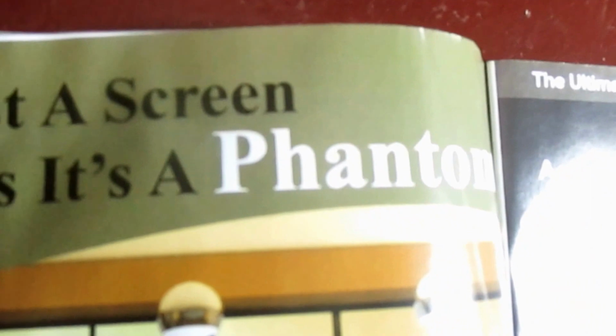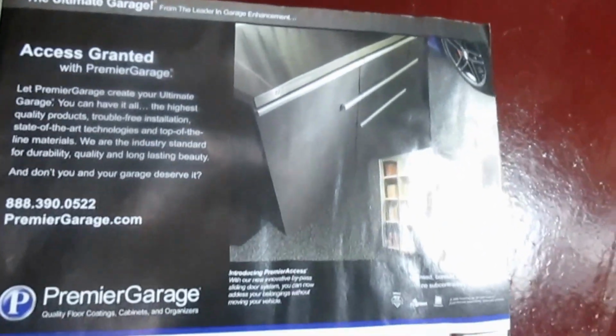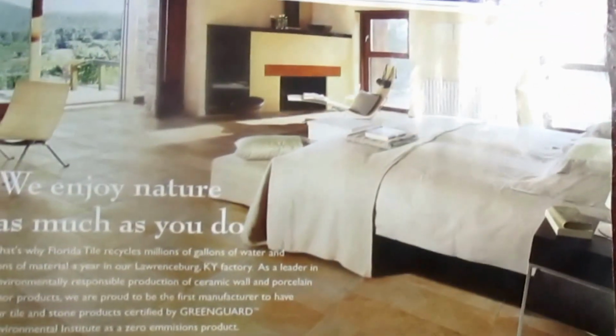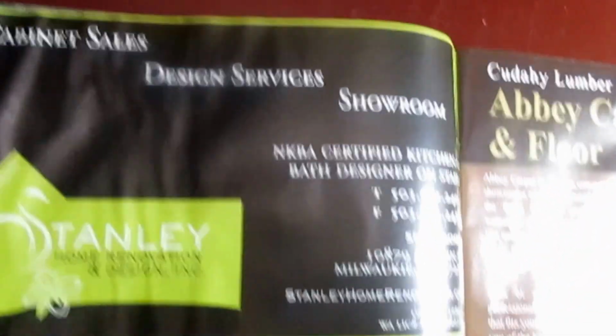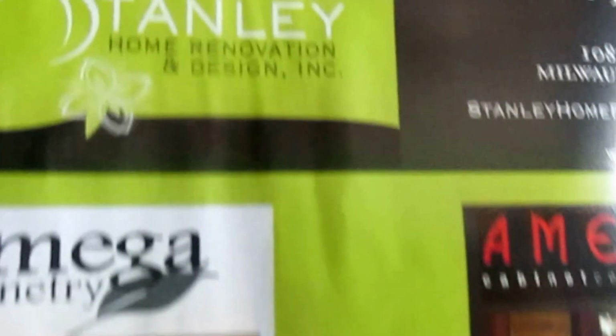Okay, now here's a screen company. A screen is not just a screen unless it's a phantom screens. Okay. And then this is a garage company. Your garages look nice. Flora company, Flora Tile, I believe. So it's a real remodeling magazine, and you know we got home remodeling, home renovation and design by Stanley, Abbey Carpet and Floor, and